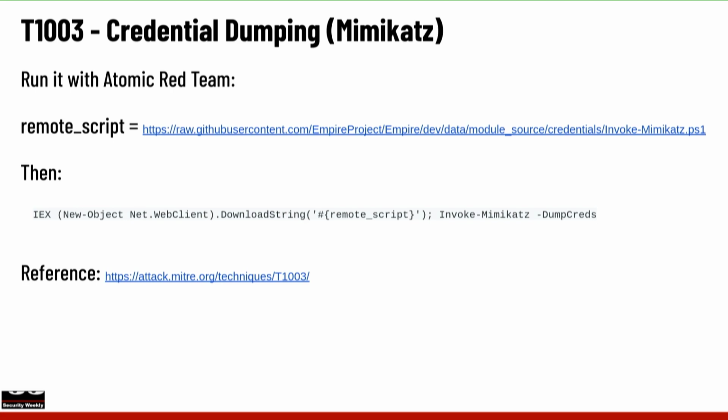And there is a script provided from the Empire project in PowerShell that's essentially Mimikatz in PowerShell, right? And then if you have that, you can use Atomic Red Team, which is where I pulled a lot of these examples from, to then download and execute that script